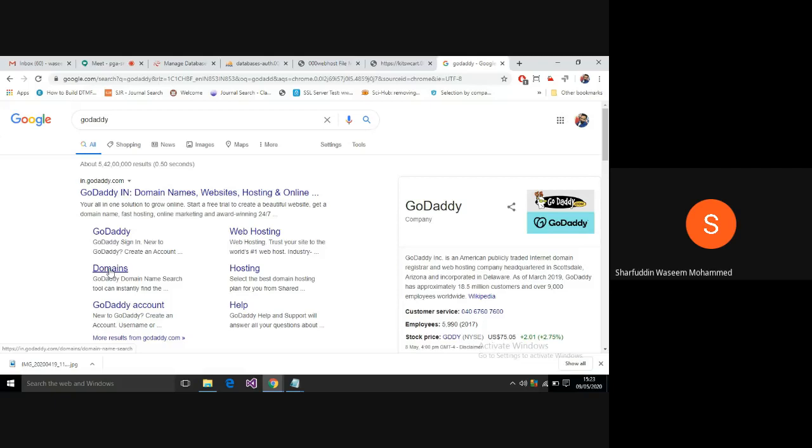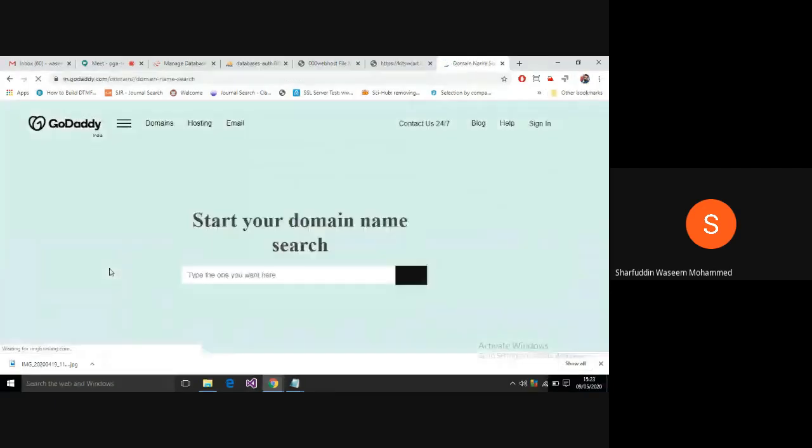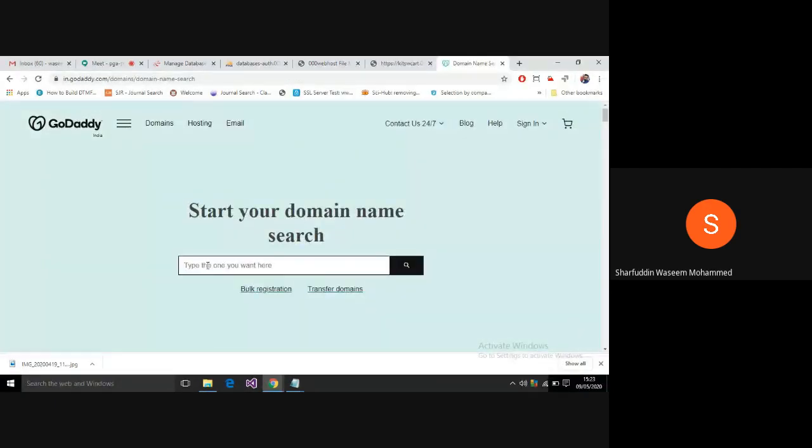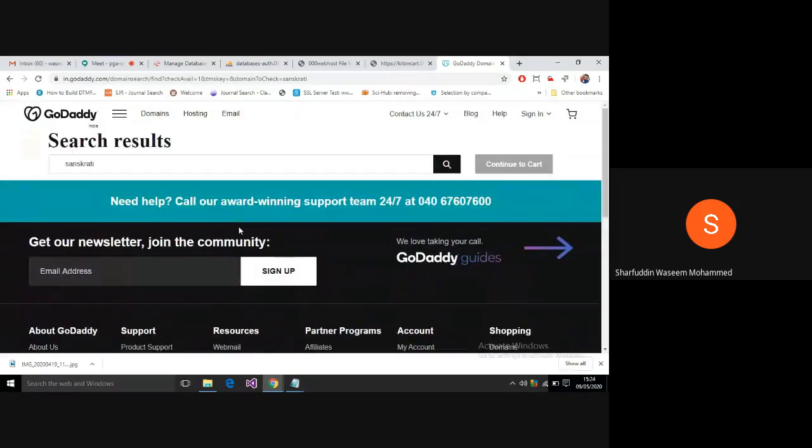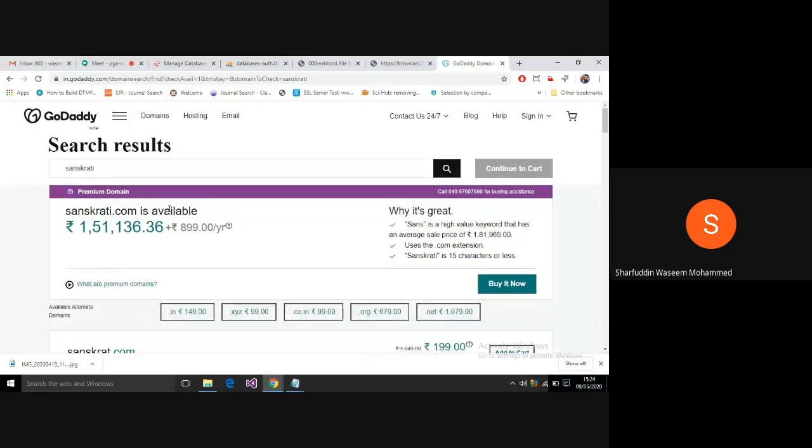Then you have to go for domains and type searching for your domain ID. If it is available, then you have to search it. Like I will go for Samshodini or Sanskriti. Okay, so sanskriti.com is available, and this is available at so and so price.